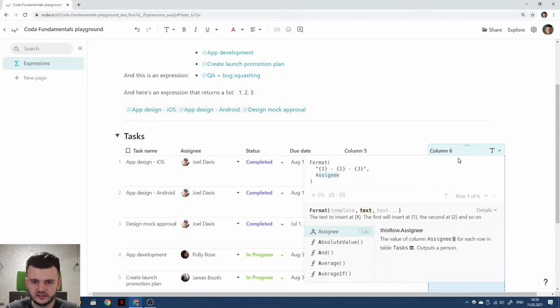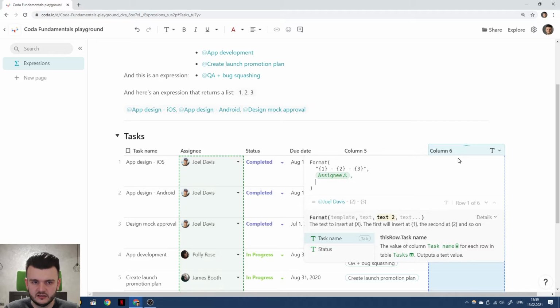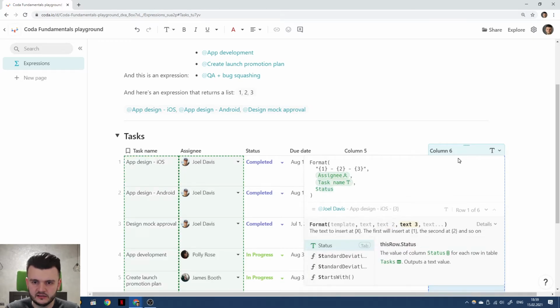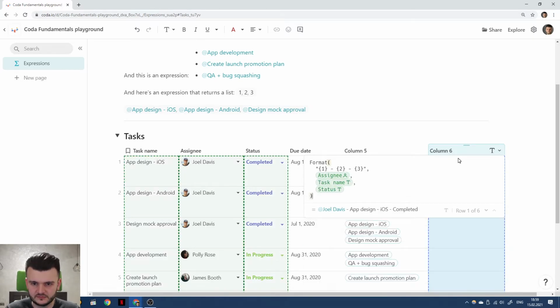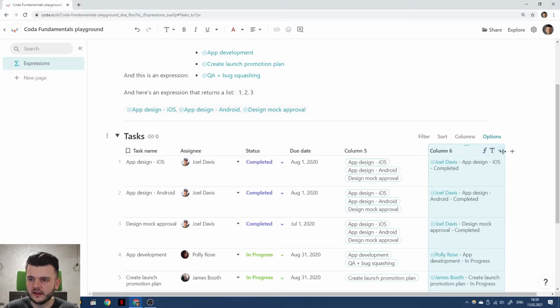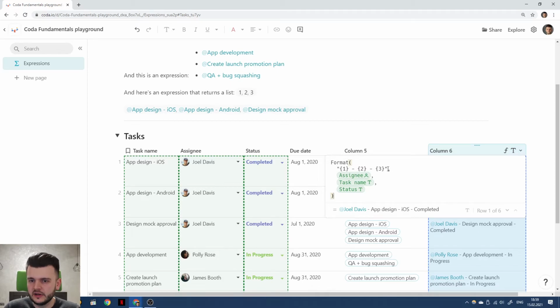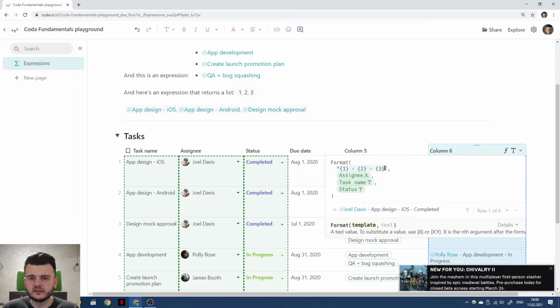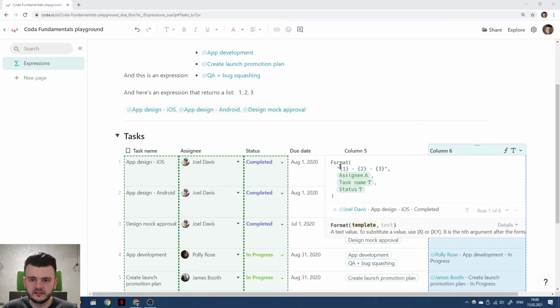So this will be assignee, task name, and the status, right? So we have it like that, a combined way of doing things. And here you may see that the first parameter is a text value that defines the template, and we specified it right